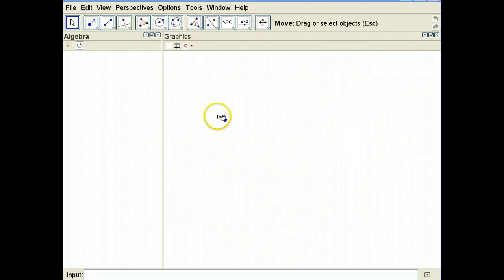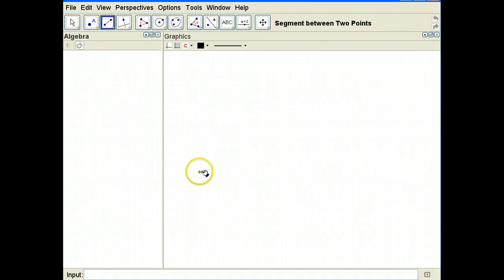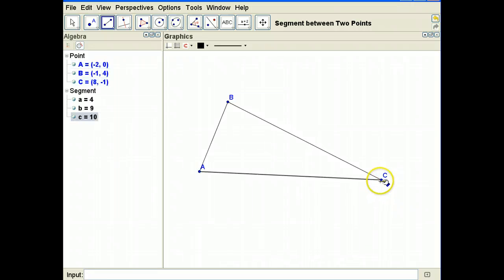In this video, we're going to create the in-center of a triangle. We'll begin with 3 random points, or you can even use the line segment tool to create it quickly. Let's see, this will be one side of the triangle, and then we'll have another side come out here. There we go. And not trying to make any special triangle, just trying to get a random one on the